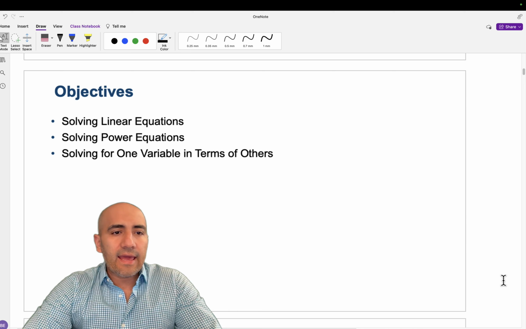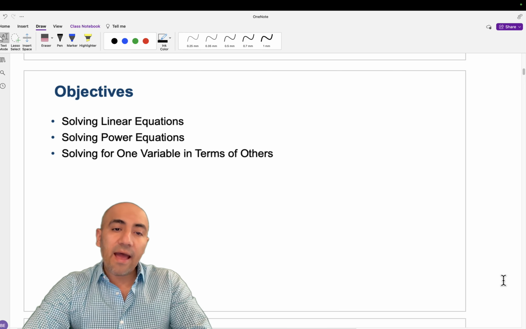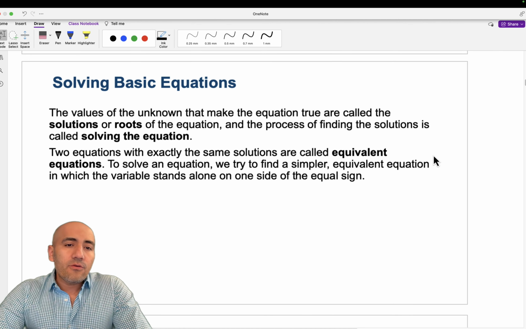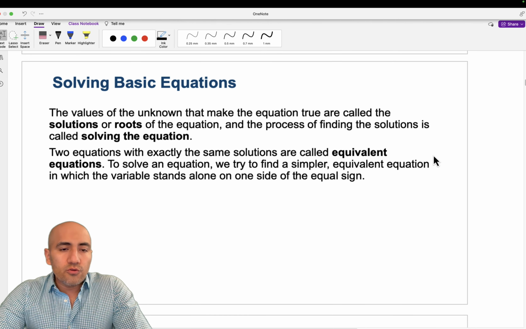Okay, Chapter 0, Section 8, Solving Basic Equations. In this section, we're going to look at solving linear equations, solving power equations, and solving one variable in terms of another. The values of the unknown that make an equation true are called solutions or roots of the